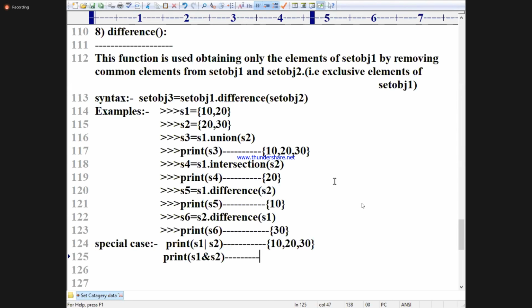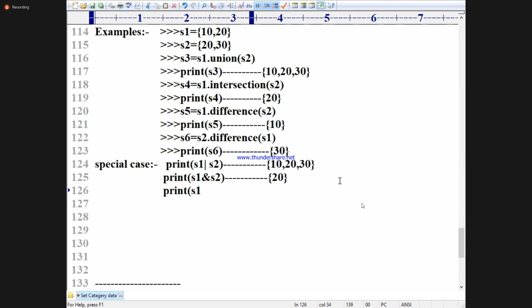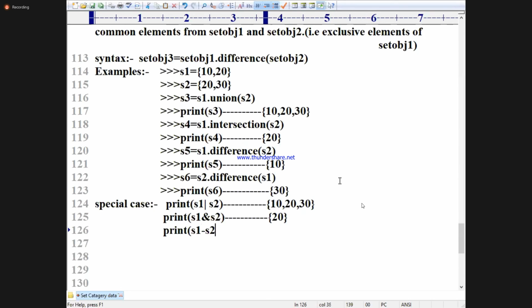What is it? 20. Print of S1 minus S2. What is that? 10. Print of S2 minus S1. What is it? 30.